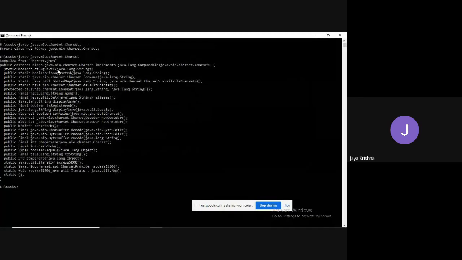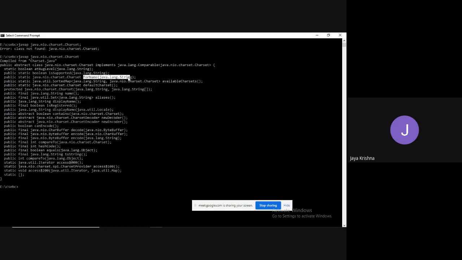Observe. These are the various kinds of methods supported by this Charset class. Among those, one method is the forName method. See this forName method. What is it going to accept? A string. What is that string? That can be the type of character encoding mechanism like UTF-8, UTF-16, ASCII, all those that we need to pass.